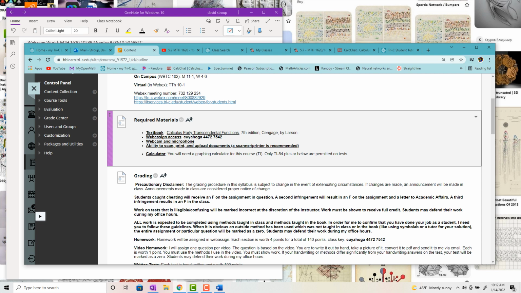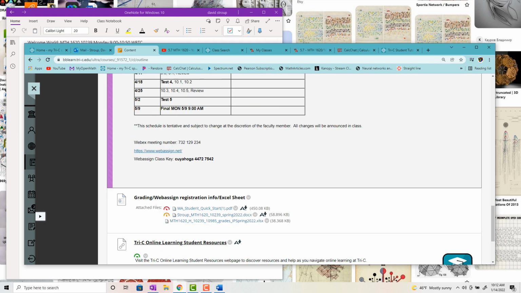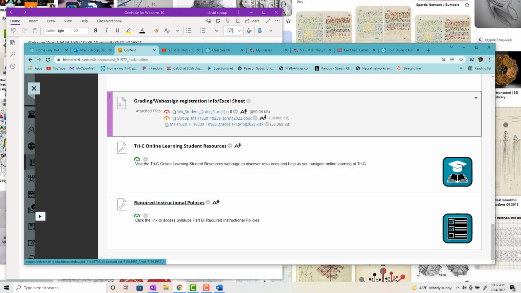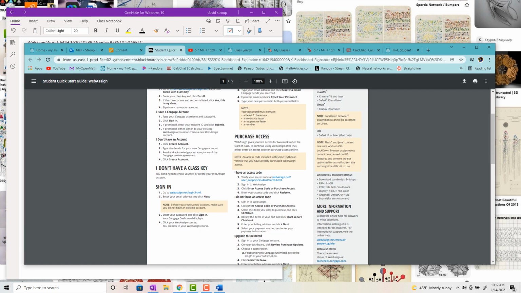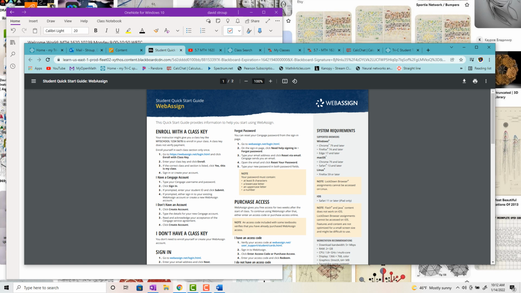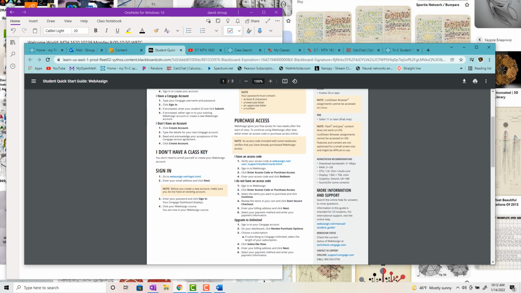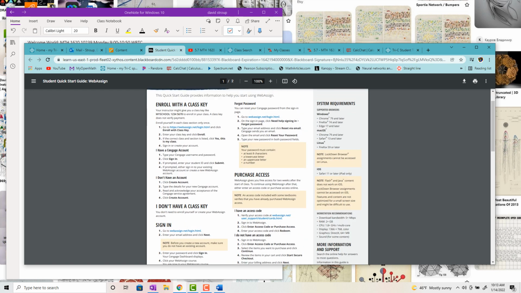In order to get Webassign, there's the code. The Webassign setup sheet is down here at the bottom. I think I downloaded this like 2 years ago. Hopefully it hasn't changed much, but it should be pretty self-explanatory how to get your Webassign set up.